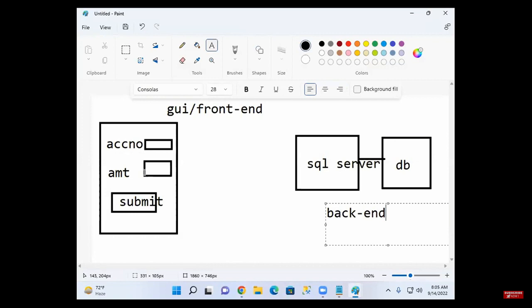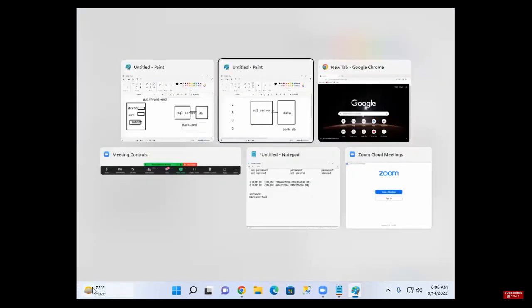Using the backend, you store the data. But from where do you do that? From the frontend application you do the create, read, update, delete. But finally the data is stored in the database.